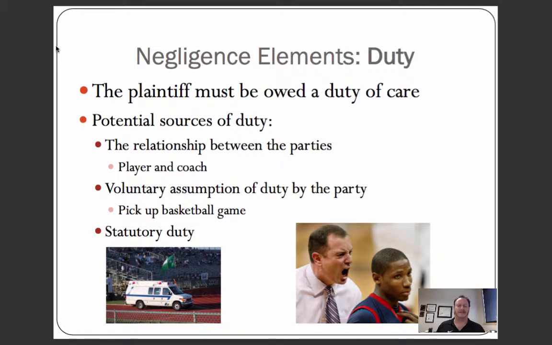So the relationship of the parties, we would have step parent and child, or parent and child, or player and coach within the sports context, teacher and student. By the relationship of the parties, there's certain duties that are owed from the coach or the teacher or the parent to the person who's usually younger and vulnerable and there to receive some sort of benefit. Voluntary assumption of the duty would be somewhat a situation where